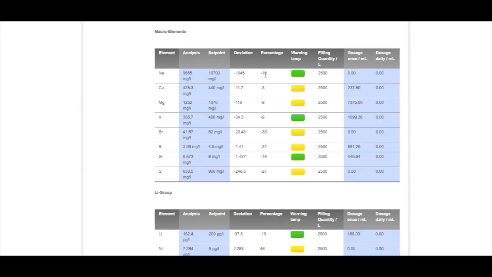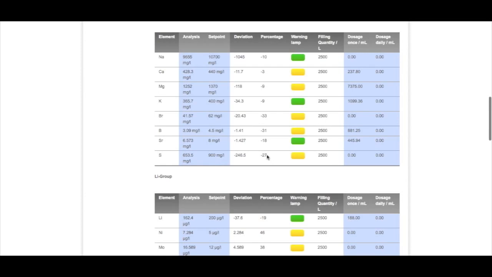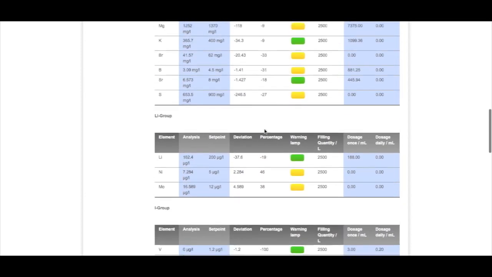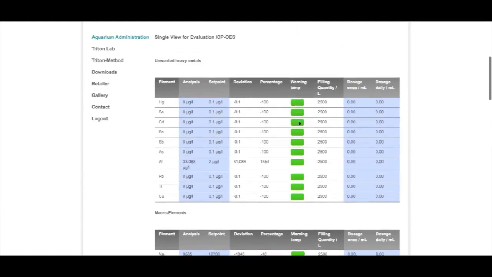So you can see 10%, 9%, 9%, all too less. All these macros are too less. So you can see a bit that your salinity is low. The same thing is when all of them are too high, the salinity is also too high. You check this. If everything is the same 10% too high or too low, then you know salinity is too high or too low. What you can see here also is the warning lamp. This is what I want to explain to you next. The warning lamps is showing you